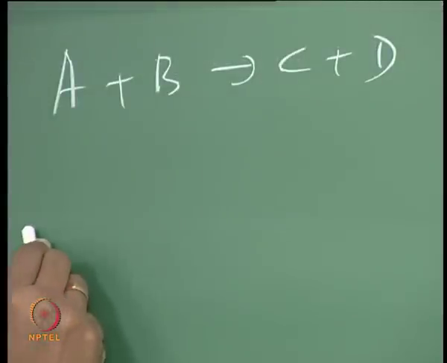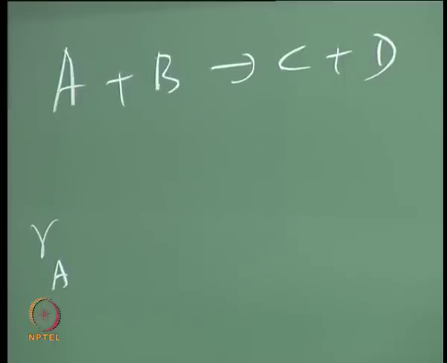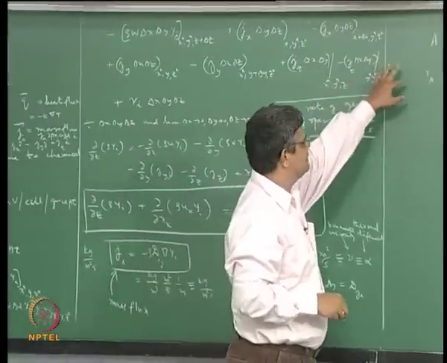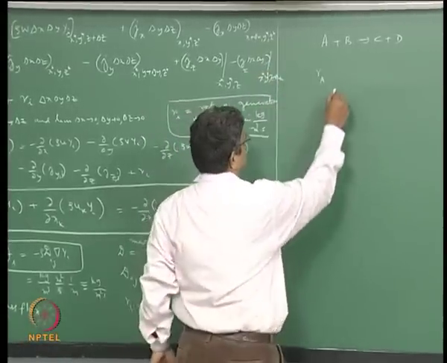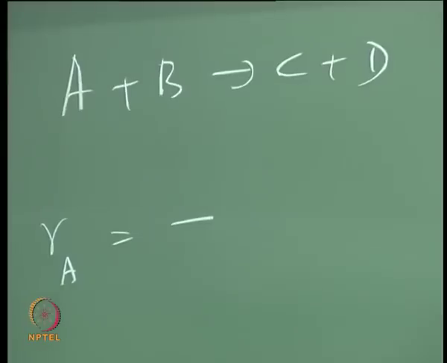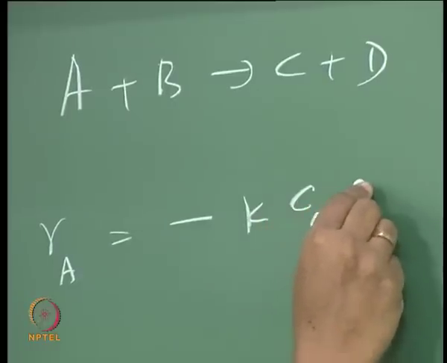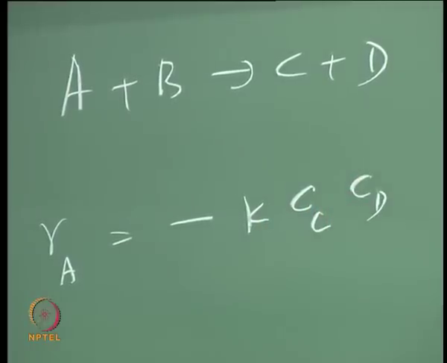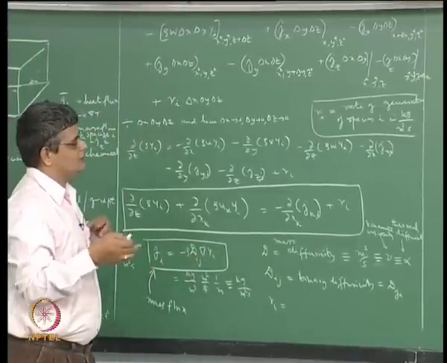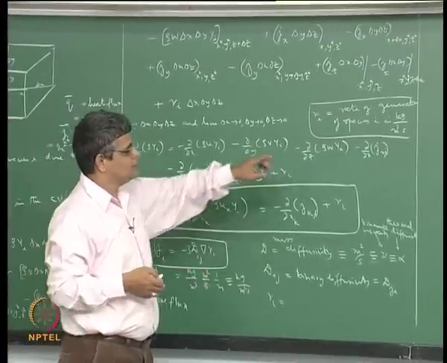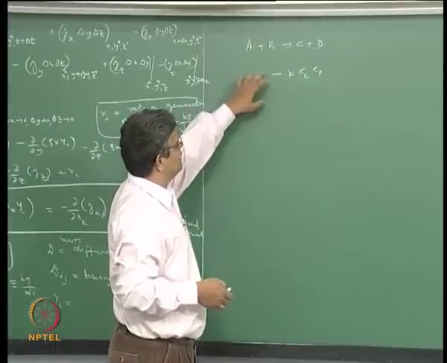and for example Ra, that is the rate of generation of species A. As per this reaction it is actually not being generated, it is being consumed, so you put it as a minus quantity. And if it is a homogeneous reaction, that is if all the 4 species are in the same phase, then we normally write it as K times some concentration of C times concentration of D, where C is concentration. These can be related to the mass fractions if you divide and multiply using the molecular weight of species i, we can convert these things, and this is in the K, where K is the rate of reaction,